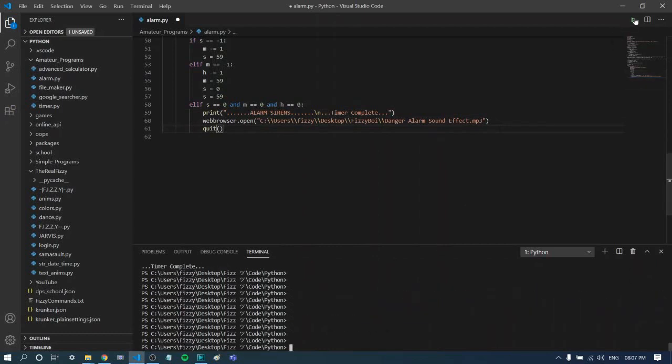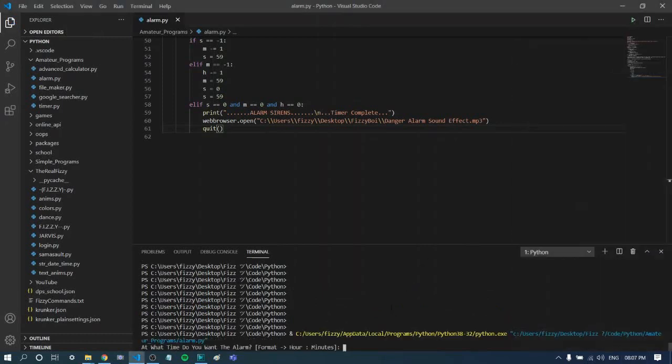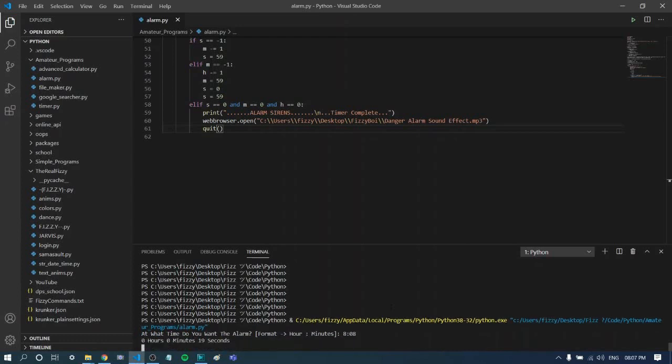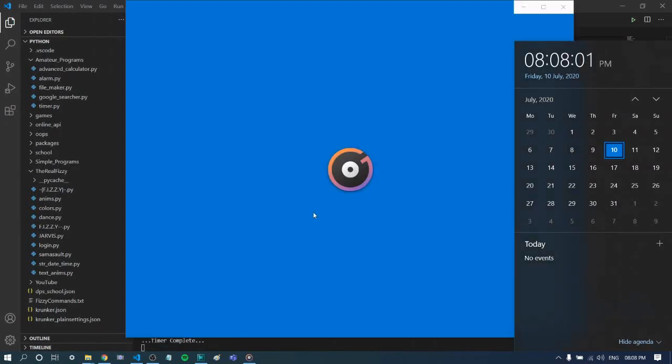So our alarm is basically complete. Now I'm gonna play it for you. Right now you can see the time is 8:07, so I'm gonna set the alarm for 8:08 PM. There you go. You can see the seconds are going in pinpoint accuracy, and everything is going just fine. So 9, 8, 7, 6, 5, 4, 3, 2, 1,